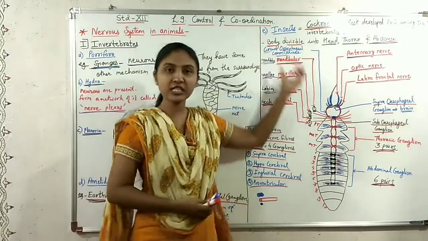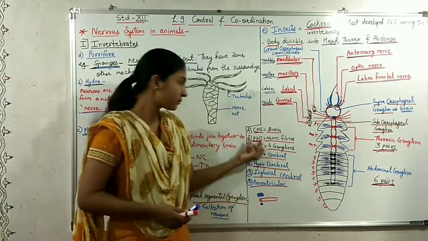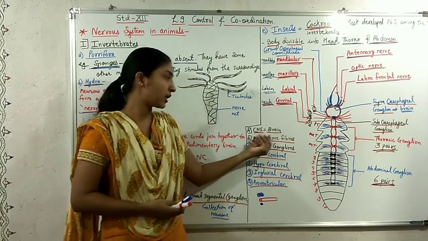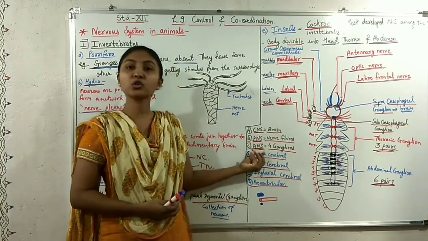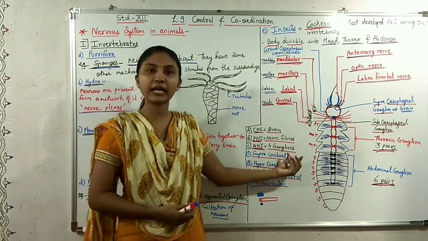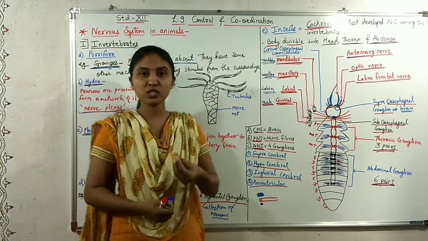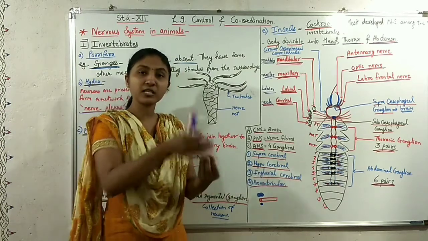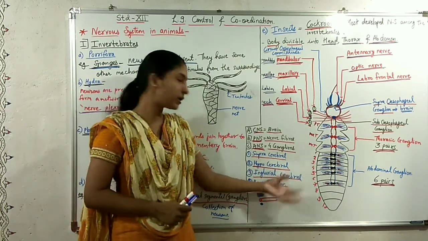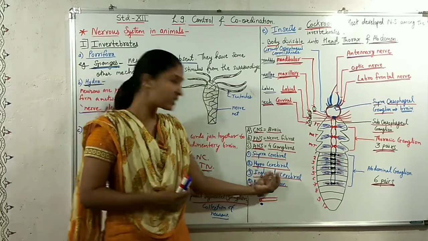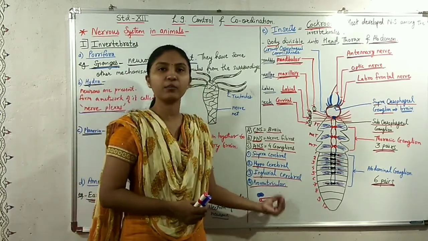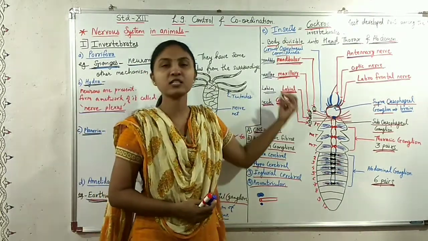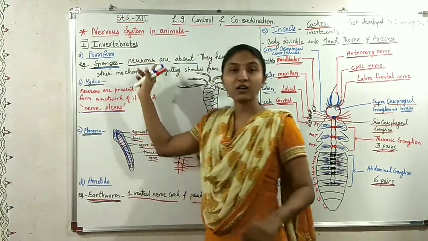So, in the body of an insect, the nervous system has 3 parts. The central nervous system consists of the brain. The peripheral nervous system consists of nerve fibers. And the autonomous nervous system consists of 4 ganglions. The one which is present above the brain is called supracerebral, the one which is present behind the brain is called hypocerebral, and then ingluvial and proventricular. Now, the nervous system of the insect is well developed as compared to the nervous system in other